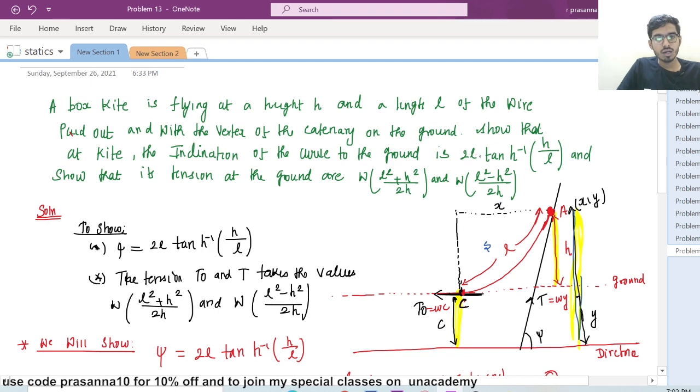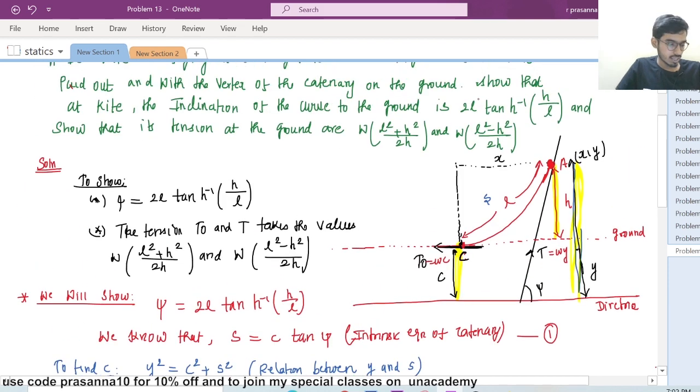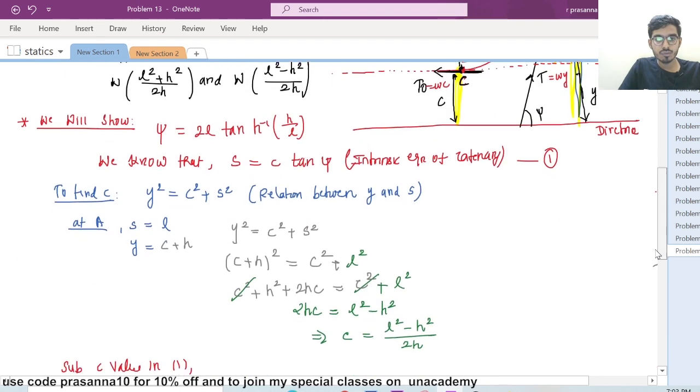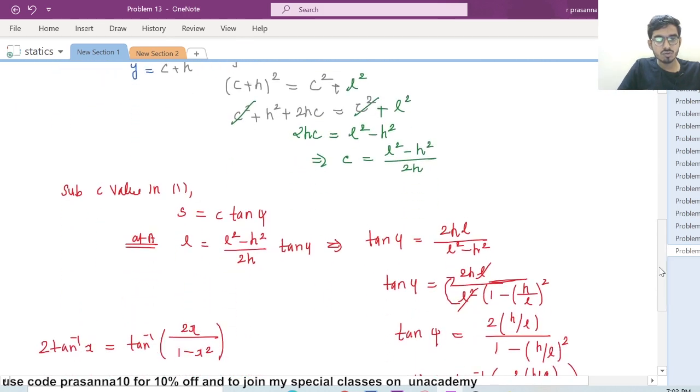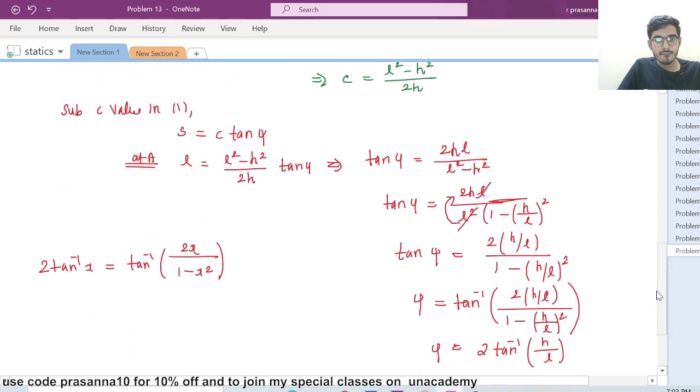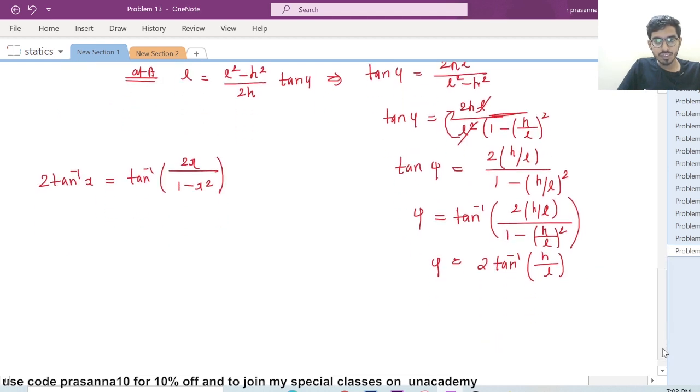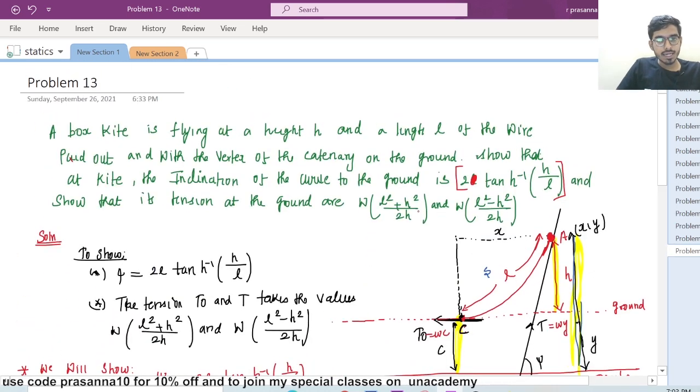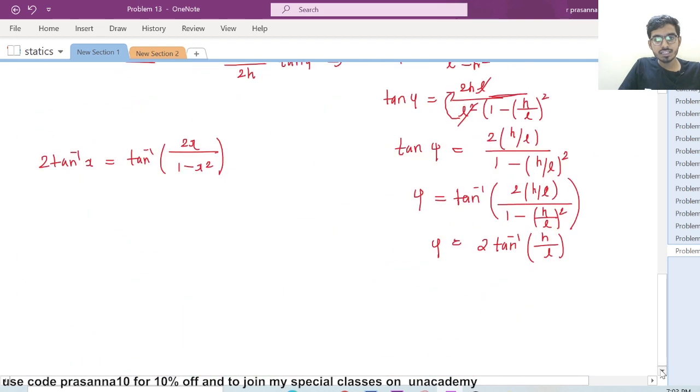2 times tan inverse of H by L. So actually it is only 2 times tan inverse of H by L, right? This is the first thing we need to show. Now what we need to prove is we need to show that the tension at the ground are this and this, right? So to find tension,